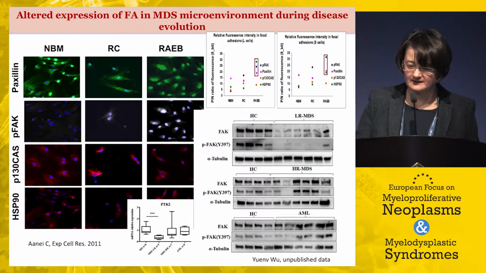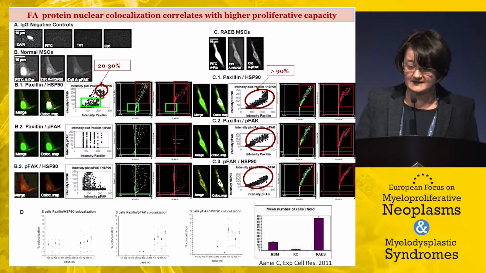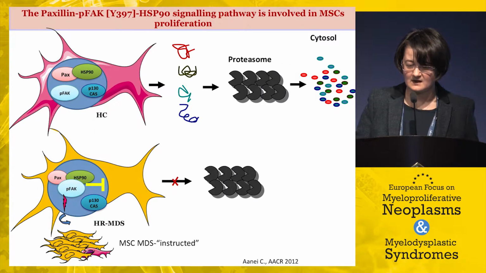And recently we have observed that a gradual increase of expression of FAK is correlated with disease advancement toward acute myeloid leukemia. The colocalization analysis showed a high superposition of these three proteins, paxillin, HSP90, and FAK, in the nuclear region, and this was correlated with high proliferative capacity of mesenchymal stromal cells selected from high-risk MDS, which is a mechanism